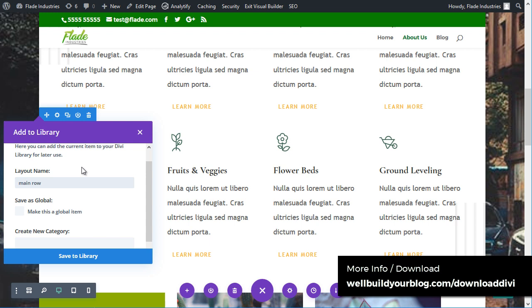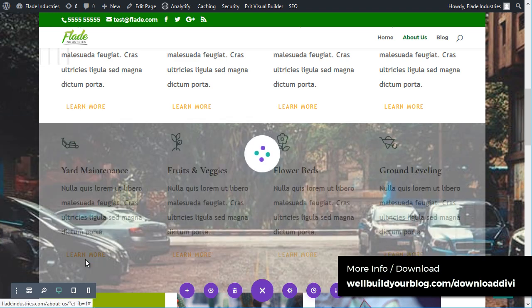Maybe I want to put it on another page. If I do it now and just save it to the library, I can import it and change it. If I make it global, which I'm going to do in this case, wherever I change it, it will change anywhere that is inserted. So if I save that to library,